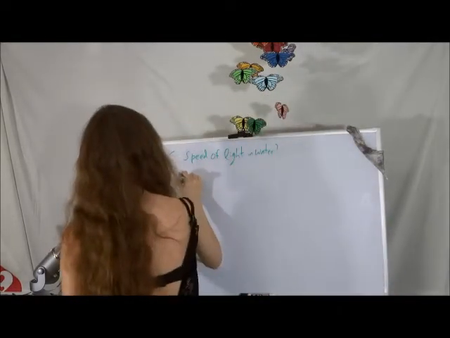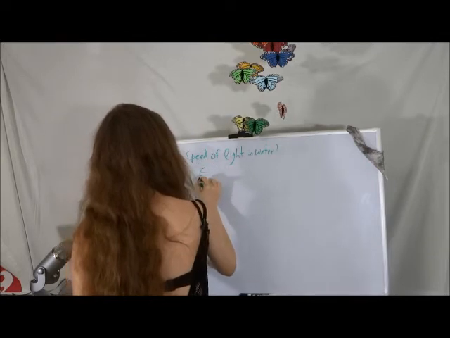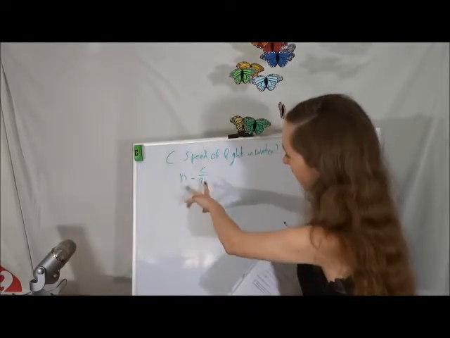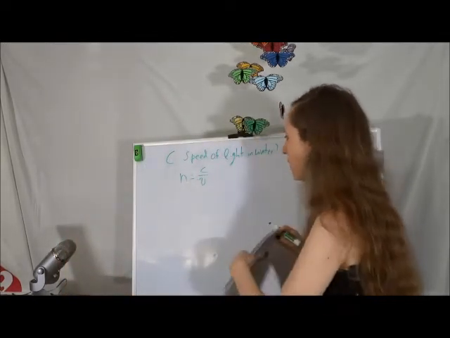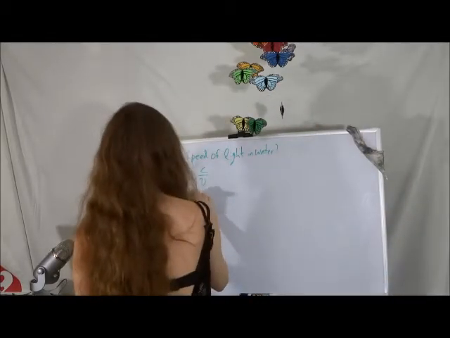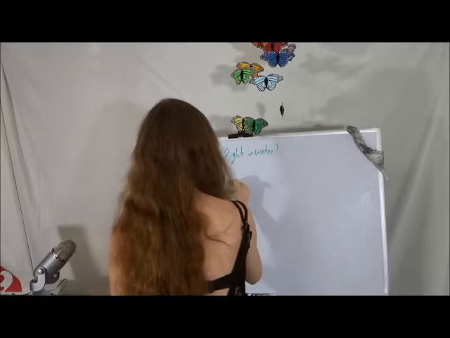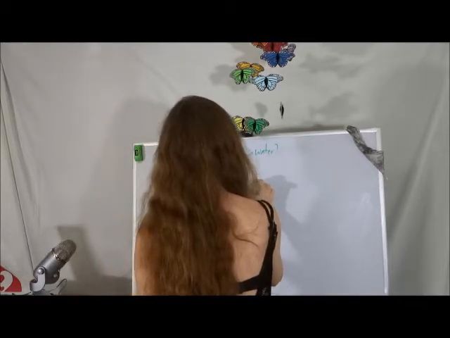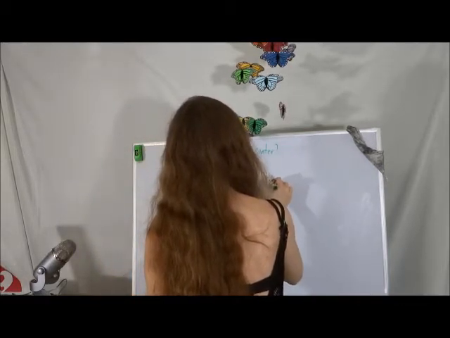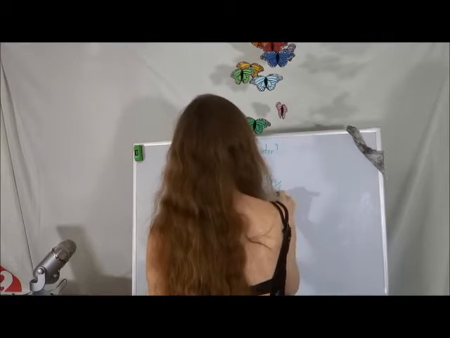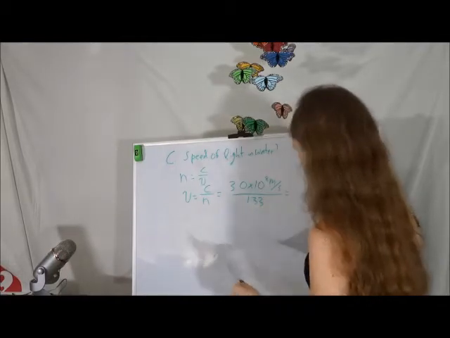So we know that n is equal to c over v. So I'm going to multiply both sides by v and divide by n. And we're going to get that the speed is equal to c over n, which is going to be 3.0 times 10 to the 8th meters per second, divided by 1.33, which would give us